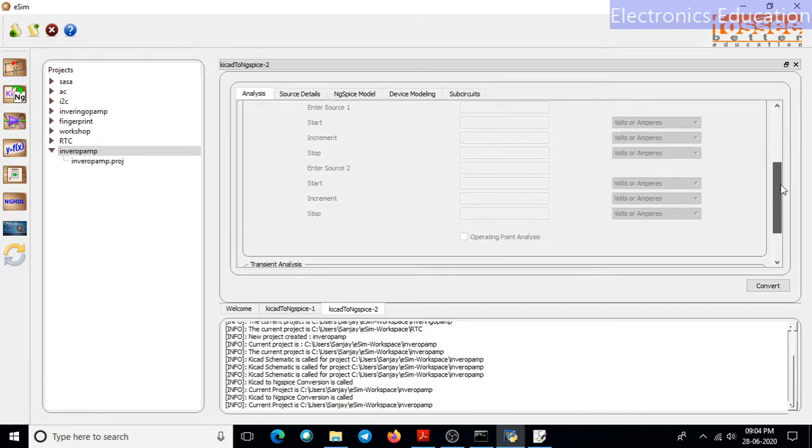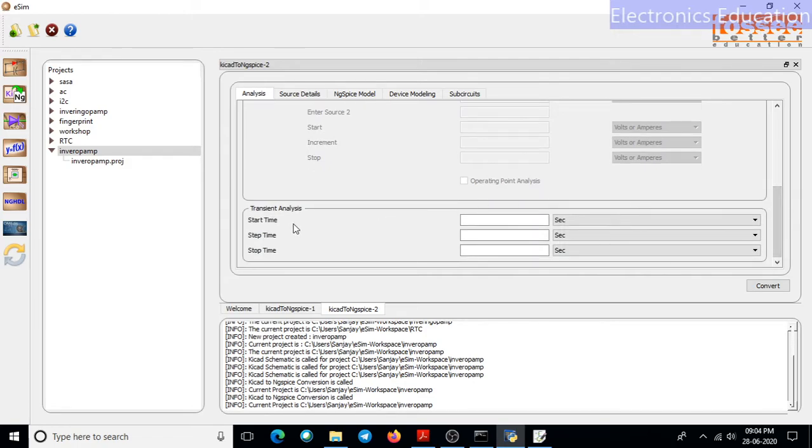For transient analysis, it will ask for the time values. So start time, we will choose 0 second. Step time, let us say we will take 10 millisecond, and stop time, let us say we will go with 100 millisecond.